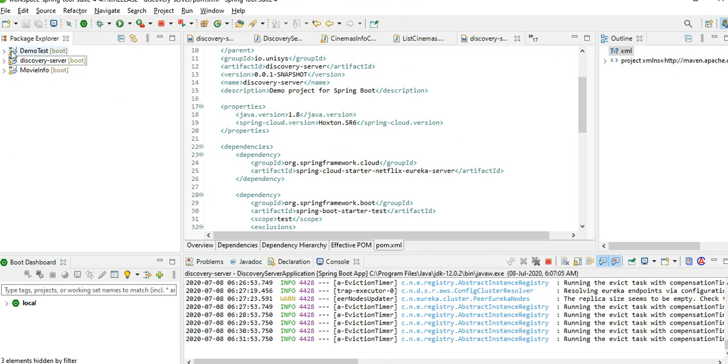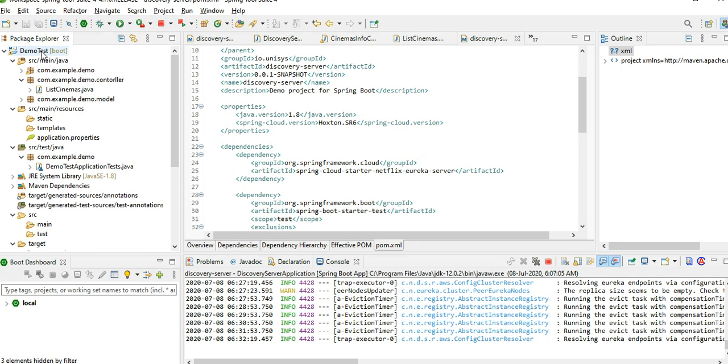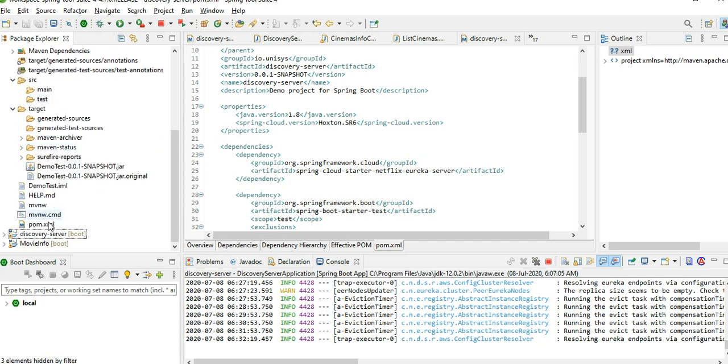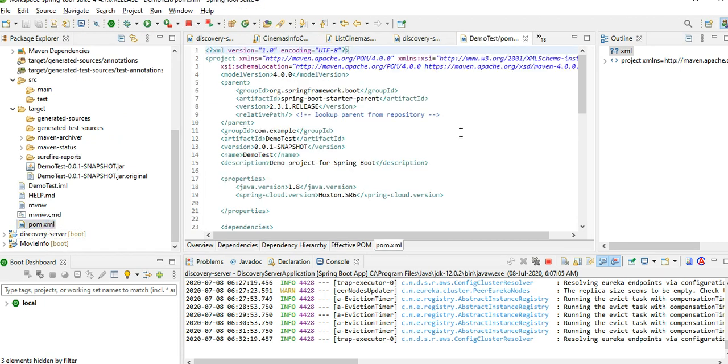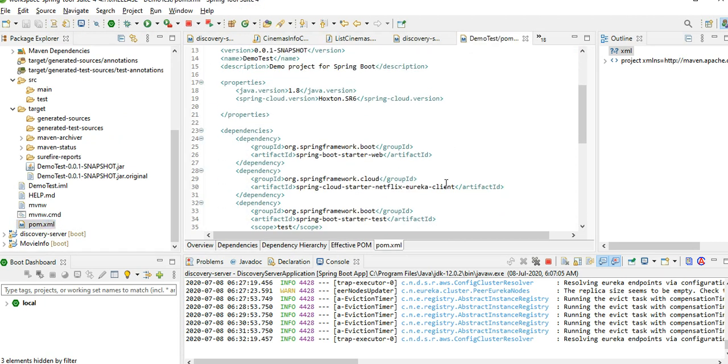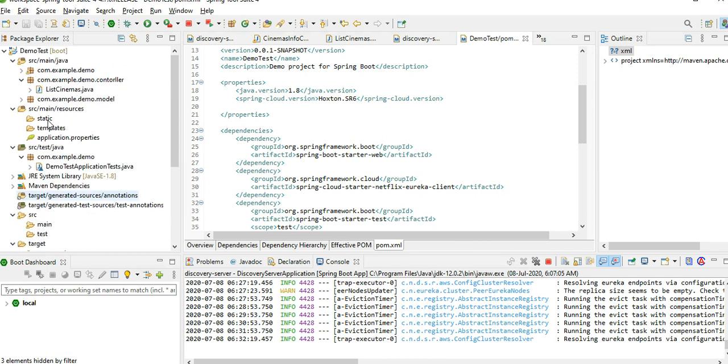And I have 2 other microservices, demo test and movie info. I want this service to be registered to the cloud. To do that, I need to include the client dependencies in that application. When we include the client dependencies and run the application, it automatically registers to the Spring Cloud.